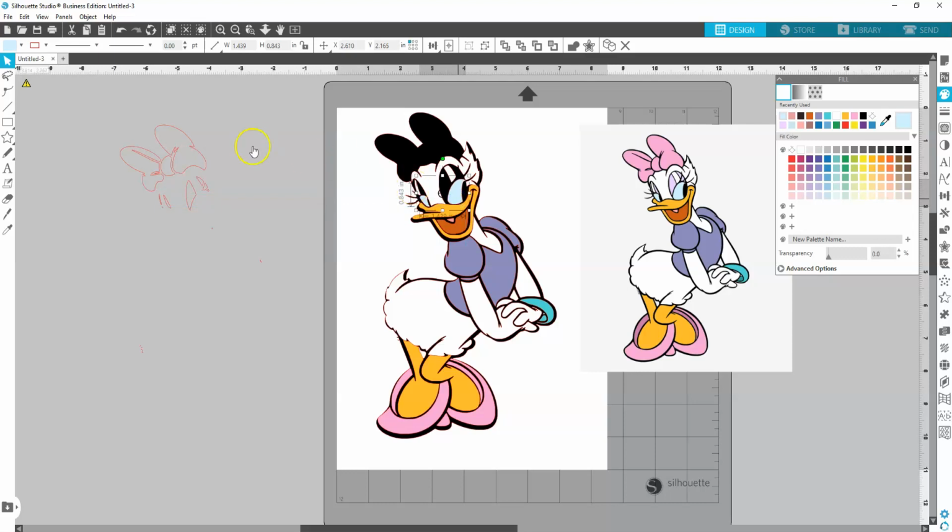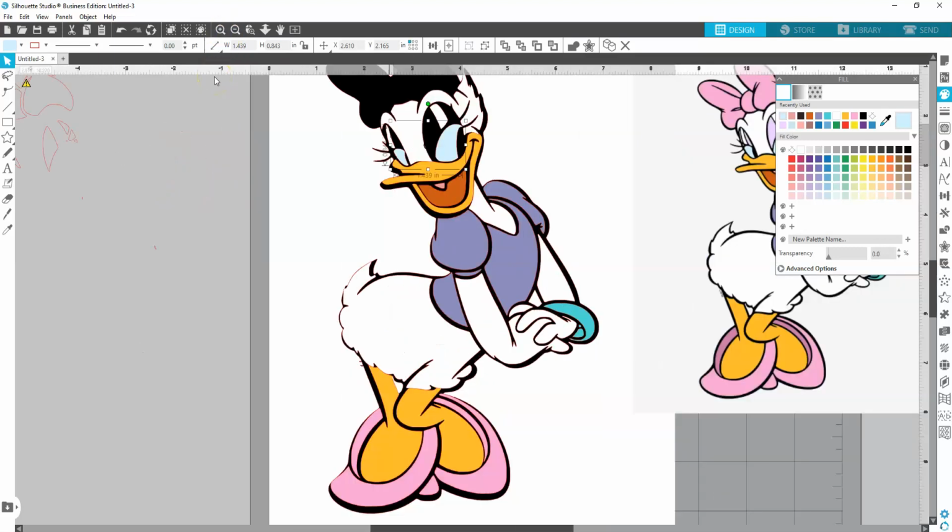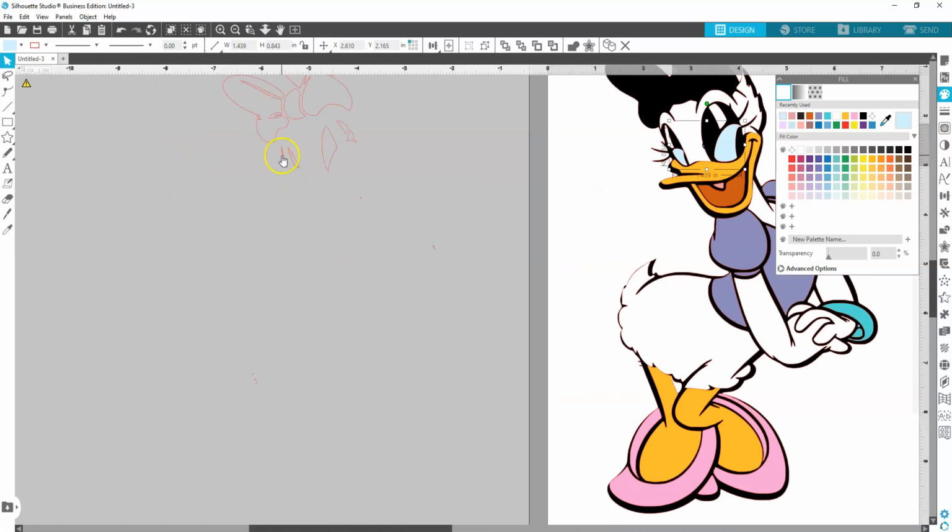Okay. Now we have the purple eyeshadow above her eye. So there's 1, 2, 3, 4. There's 4 little areas. So that's going to be this section, and then this, and then all of these little pieces go together as well. So I'm going to zoom in just a little bit and then move over so that we can see that. Left click, hold down my shift key, just grabbing all of those individual pieces, and then get our eyedropper,